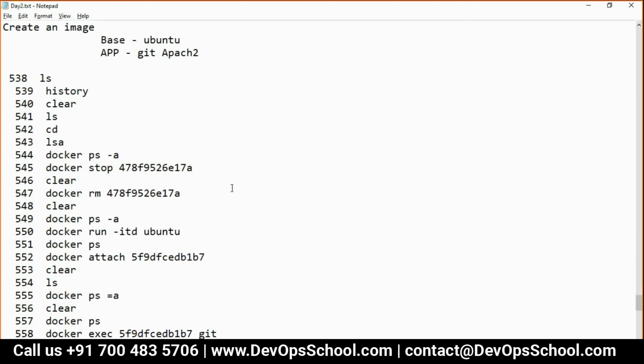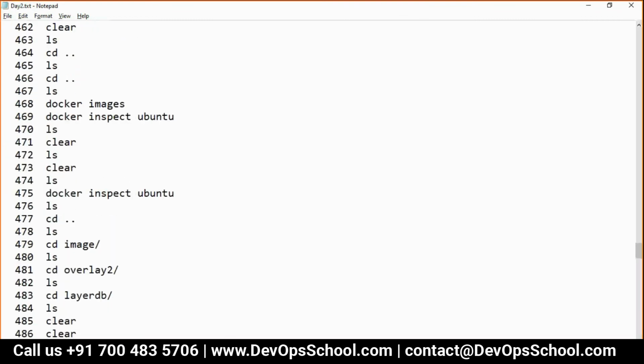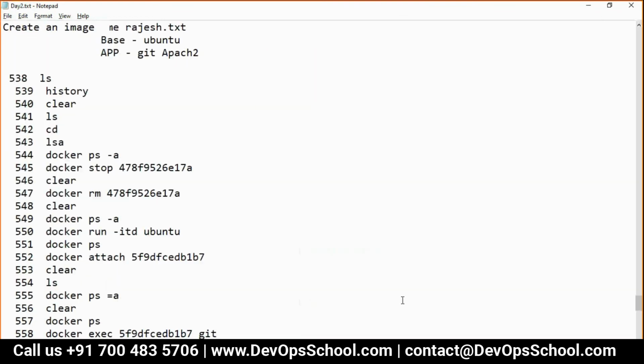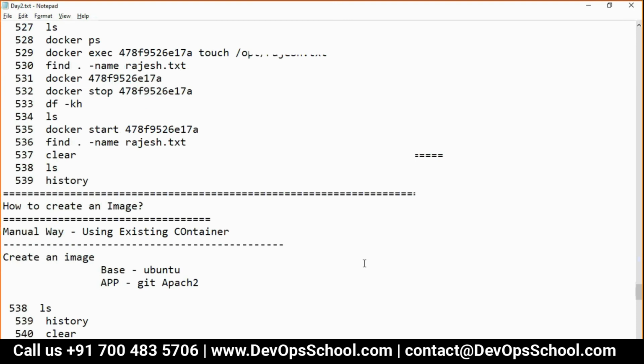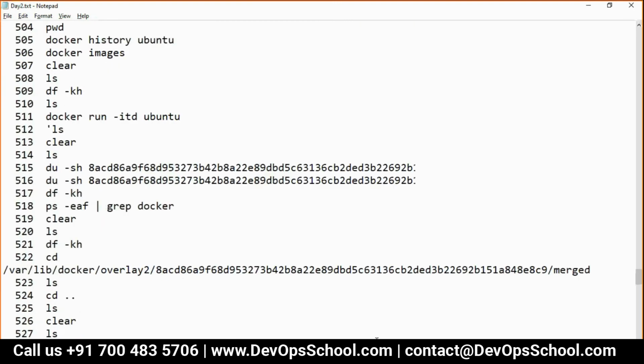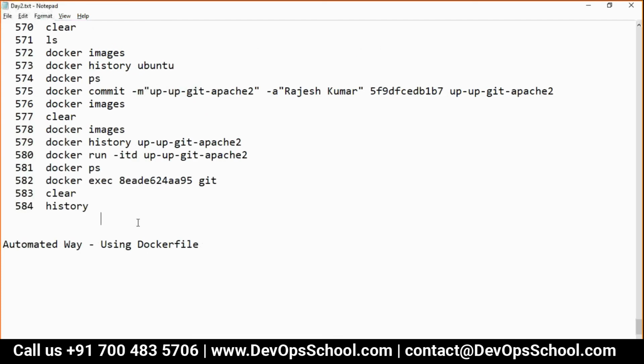Okay, guys. So now what I have done, I have told you all these commands. I showed you the demo. What is the anatomy of an image, and how to create an image. I would request you all to go through that, spend as much time as you need. I'll give you 30 minutes to go through all these commands which I tried, and to create an image. After that, I will teach you how to share an image, before creating an image using automation.